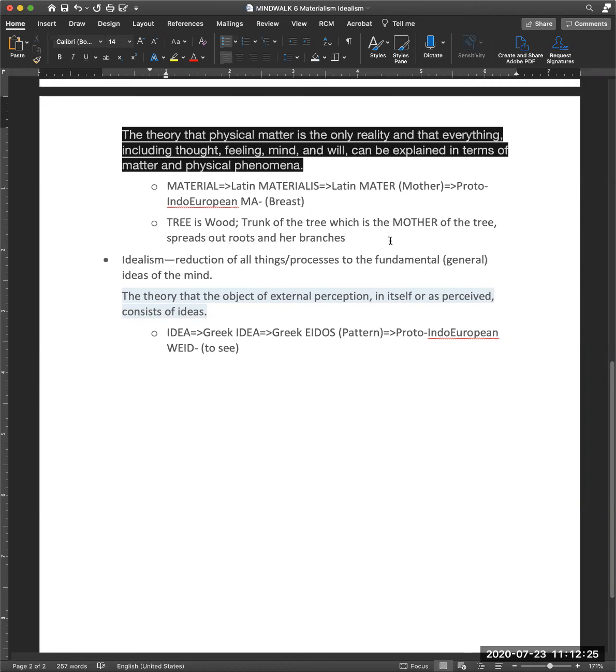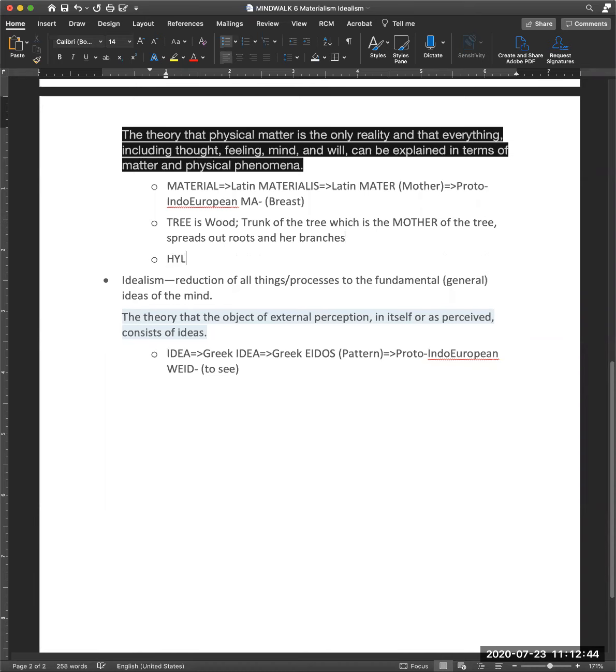And she drops her seeds from the flowers. So all of this, the main body of the tree, is the matter of it. This is the original way that these words were utilized. Okay, and it's a very interesting thing that if we go over to Greek, the word for matter,